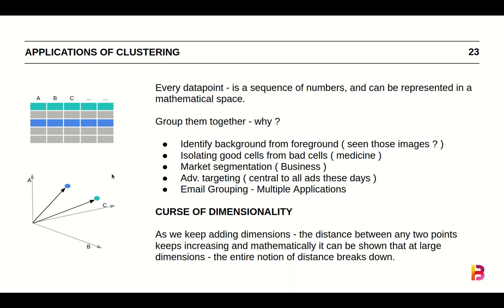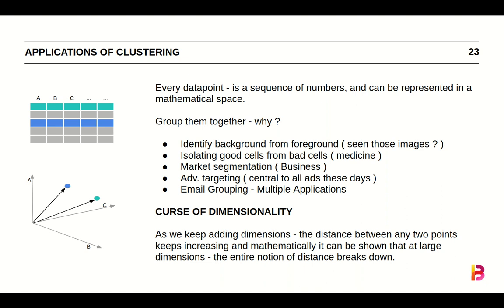First the movie gets represented as numbers, and it is sent to the algorithm. It would identify only those numbers which represent the foreground part of this video, and it would segregate into another cluster all the numbers which represent the background part of the video. And now that you have two clusters, you can just edit out one cluster. So edit out the background, keep the foreground, and then add another cluster which is another background full of effects. And that's how these things work. So that's one major application of clustering.